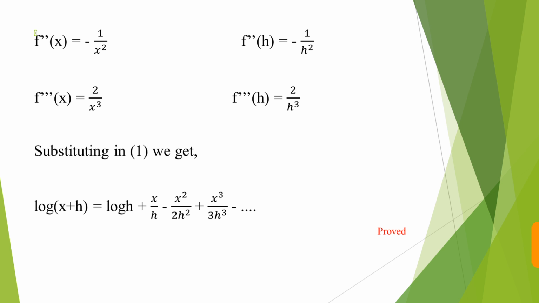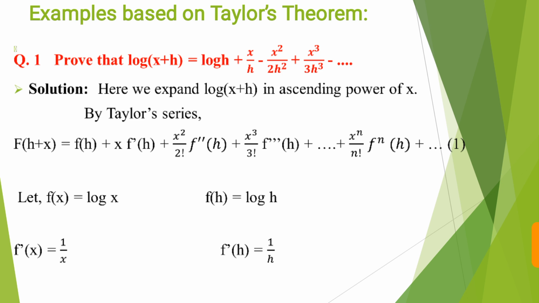Now we'll stop over here because the series is an infinite series and it has infinite terms. I will take certain finite terms to get the values. So after getting all derivatives, we'll find out the respective values of the function at point x is equal to h, and so we'll find f of h according to f of x is equal to log x.